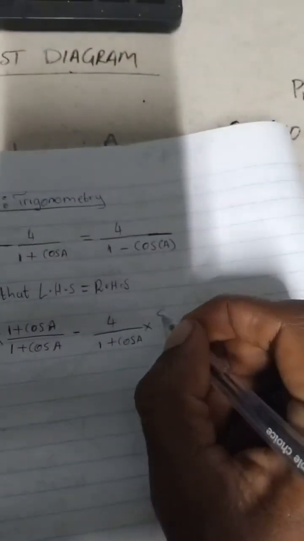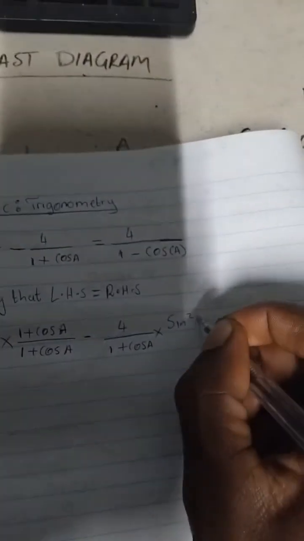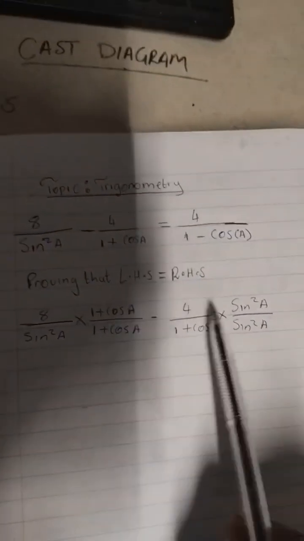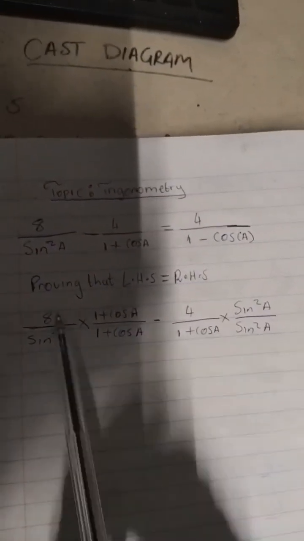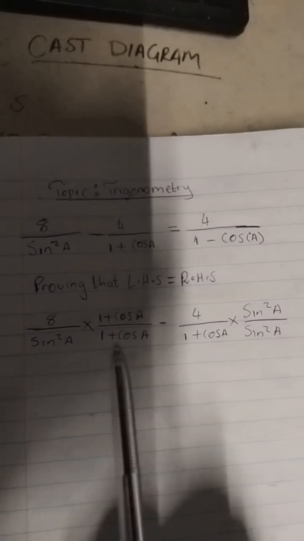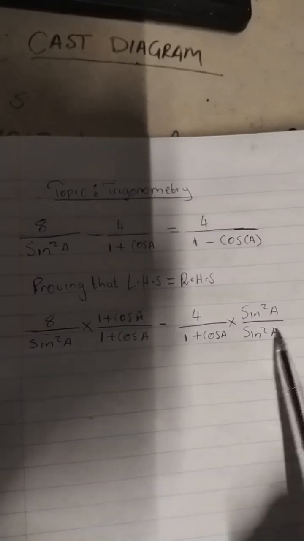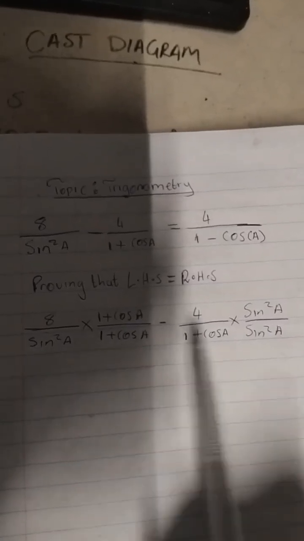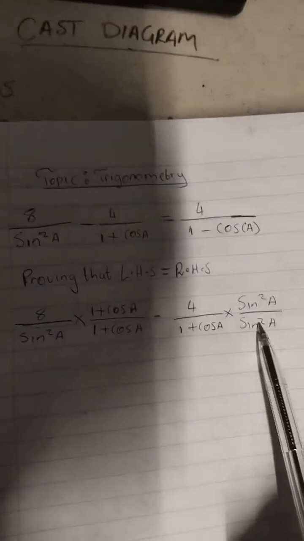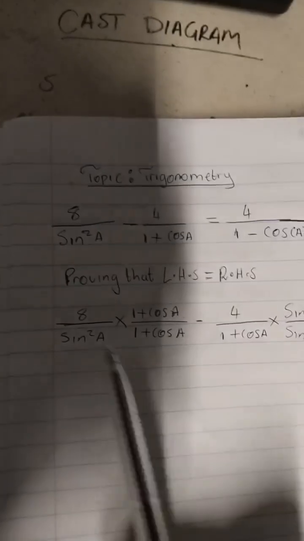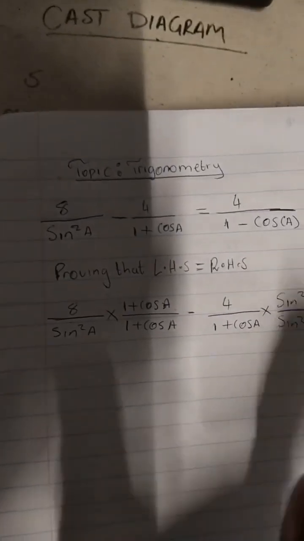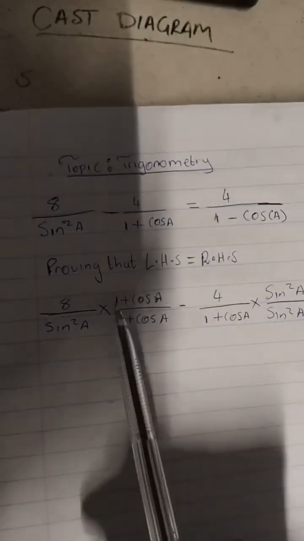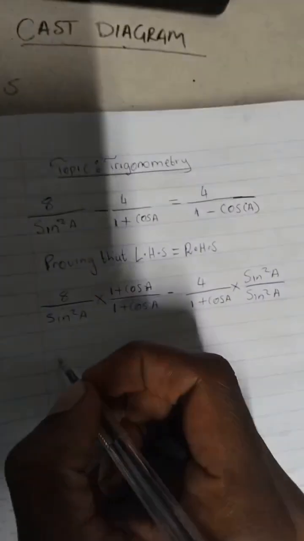So I'm having sine squared A over sine squared A. Ne? You can see now I'm having that, and you can see my denominators. Ne? My denominators are now the same. What I will simply do is multiply this and that, and this and that, so that I can have the order. Ne? So what I will do, I will just say 8